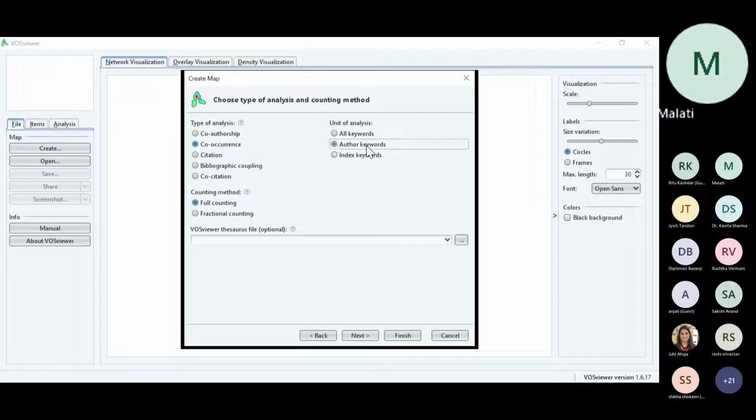Author keywords are the keywords used by the author, and indexed keywords are those keywords which, while indexing in the database, let it be Scopus or Web of Science, they have for a specific domain or for a specific research field. So you want to analyze the indexed keywords or author keywords or both.